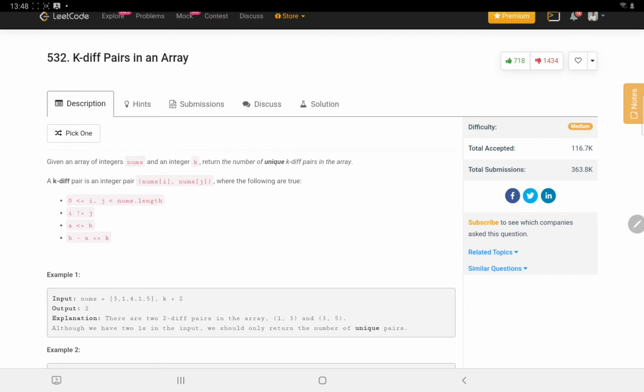But here I can see that 1 is present multiple number of times. So there are duplicate 1s also. If I see this kind of scenario where one number appears more than once, then we should not consider those while checking the difference. You can see that here we only consider 1 once, because we considered 1 3 once, so I will not consider the second 1 with 3. So this is the thing we need to keep in mind. We should only return the number of unique pairs. So this is the general description.